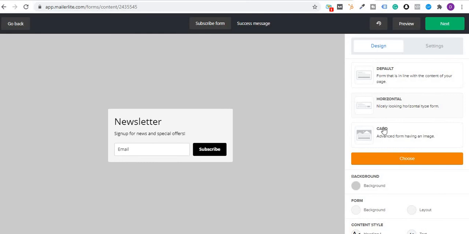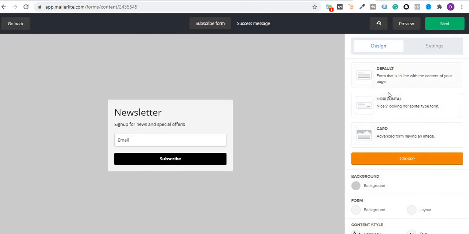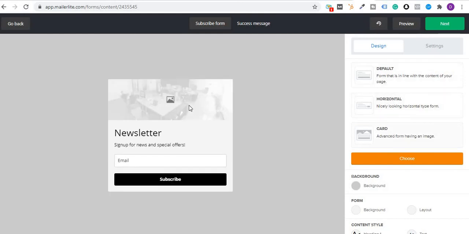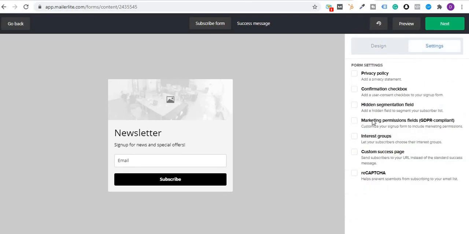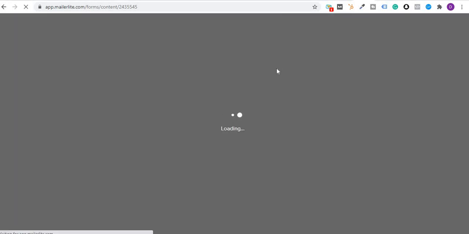So you can change the look and feel of the form, go for default or horizontal or card. You can add an image over here, and then same when it comes to settings, almost you can add captcha, custom success page. You can instead of the success message over here, send them to a success page by entering a URL. And GDPR compliance, and all of these are common things which I just showed you now. Again, you have this custom styling and all of these, and then when you click on next,